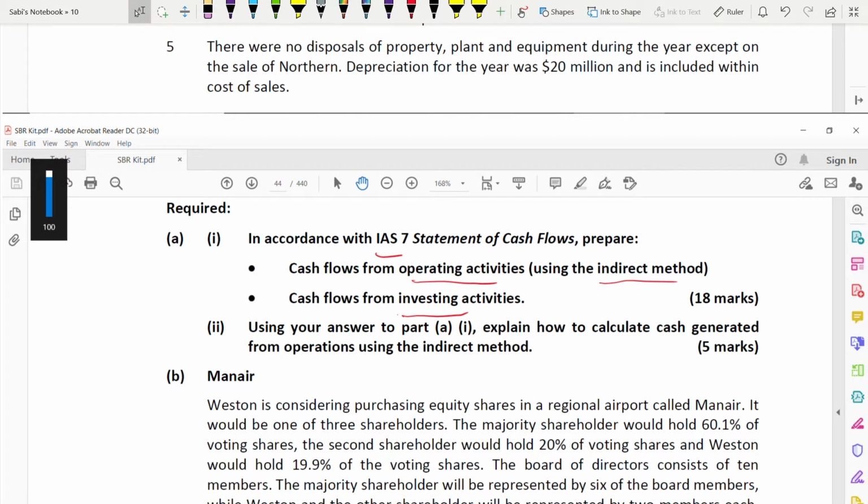For investing activity, there's no difference between direct and indirect. It is the same. But in operating activity, the difference comes. Indirect method, 18 marks. Just see the number of marks. Your best focus should be on those 18 marks. Try to get 18 out of 18, because it's very possible that you can get 18 out of 18 because